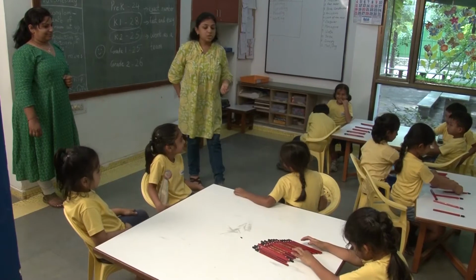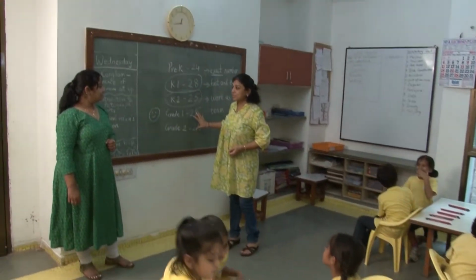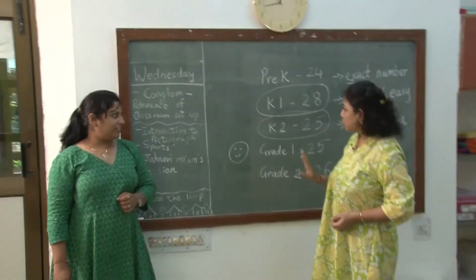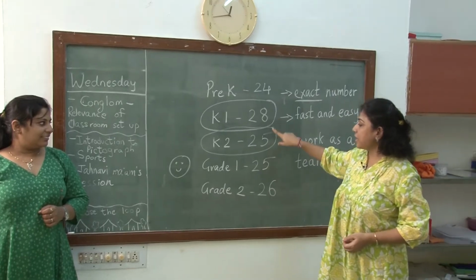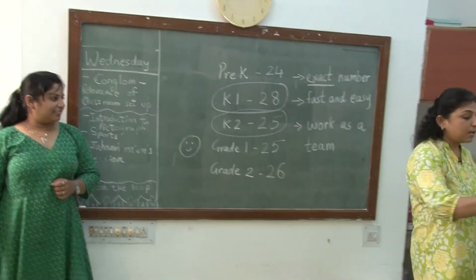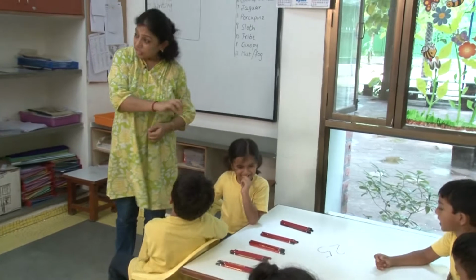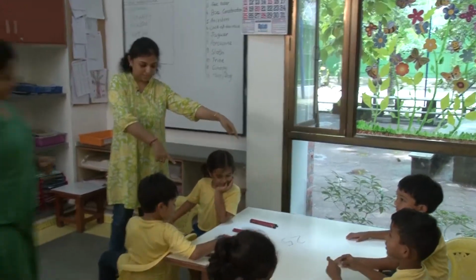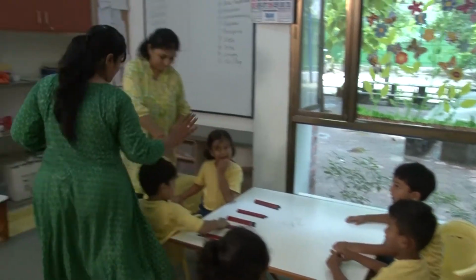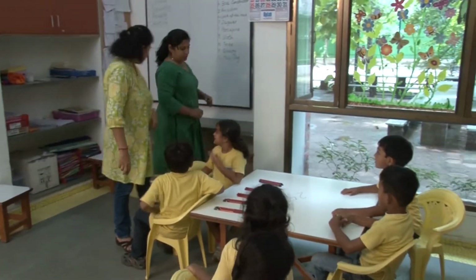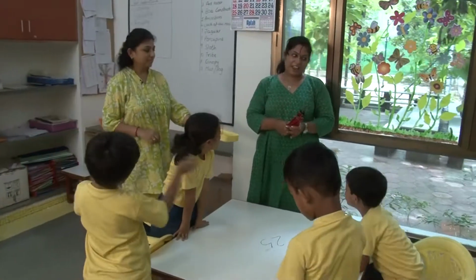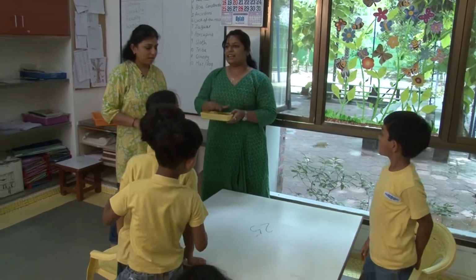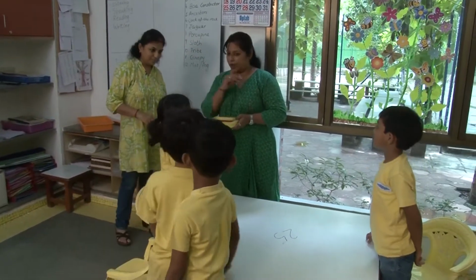Yes. So Ritu ma'am, there are certain numbers we will not be able to give you. We will come back to you with the K1 and the K2. Right now, the pencils that she can take, which are exact in number, are for grade 1. I'm taking it away and giving it to the grade 1 class. Ma'am, I have the exact number 25 for grade 1. I can give this to grade 1.